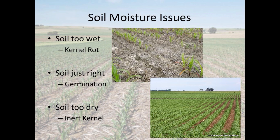This is a chart that I pulled off of an Indiana Extension website, and what I want to illustrate here, if you look at the left side of the graph, that blue line, our bare soil temperature, is hovering around 50 degrees for quite a while. This graph goes from probably the beginning of April through about the 20th, 25th of April. We're seeing that temperature hover very close to that 50 degree mark. Well, that yellow line illustrates the days it's going to take for that corn crop to emerge,